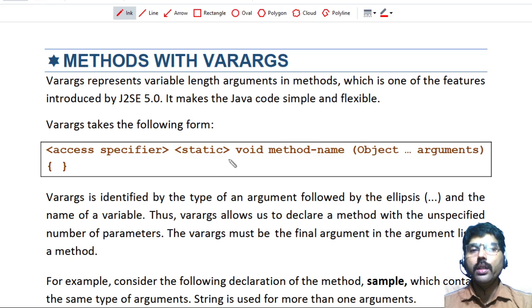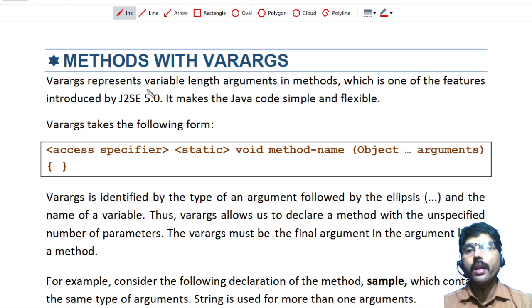If you use the OOPS technique, then we have to write multiple methods with multiple parameters. That is method overloading you have to perform. But you don't know how many parameters I have to pass. It's a very difficult job. For each one I cannot write a separate method. In that case, we take the help of varargs.